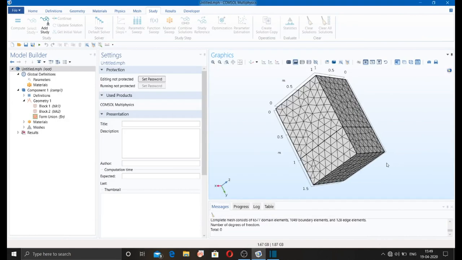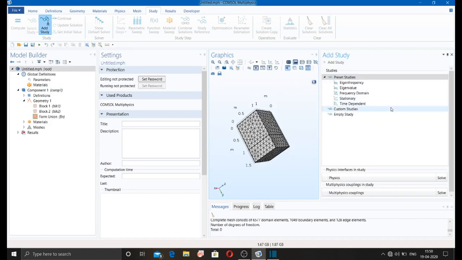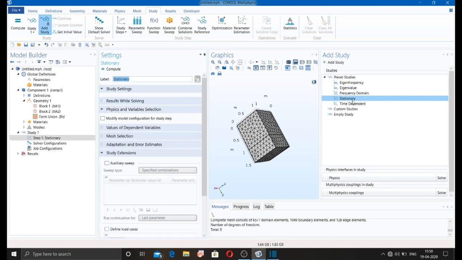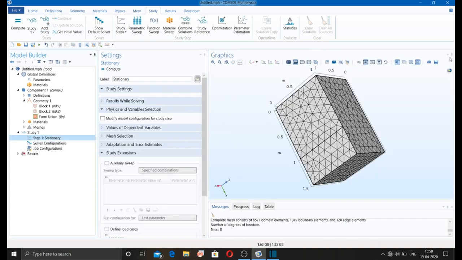Now we are going to see how to add a study to your object, to your analysis. From here you can add study, and there are so many preset studies, so you can use any of them. I'm just selecting a stationary study. This is the stationary study.